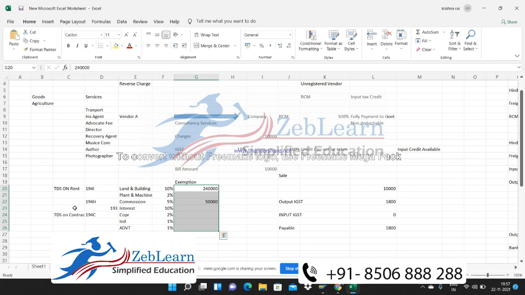It's not mandatory to deduct TDS every month, we can deduct it at once. But deducting TDS is mandatory, that is not the question. The question is whether the rule is that you can deduct TDS at any point of time, whether you are booking the invoice or making the payment. No, not like that.